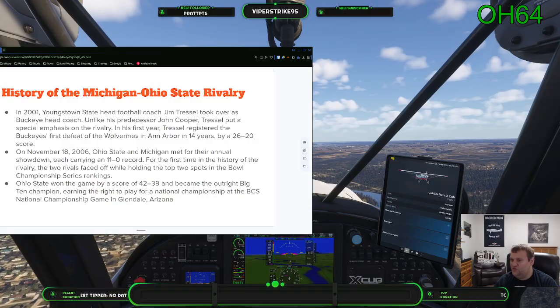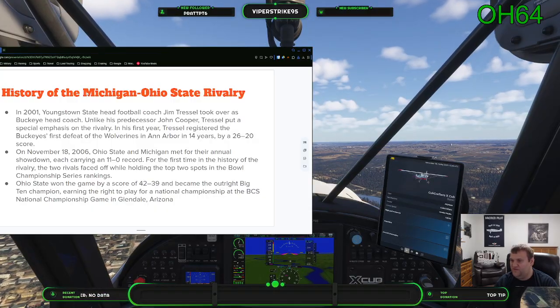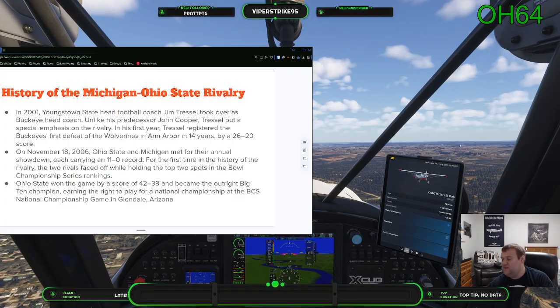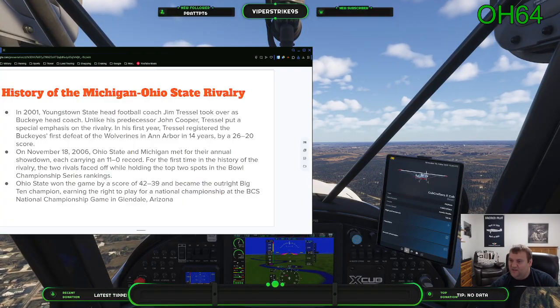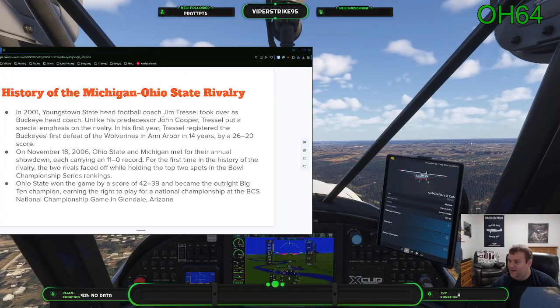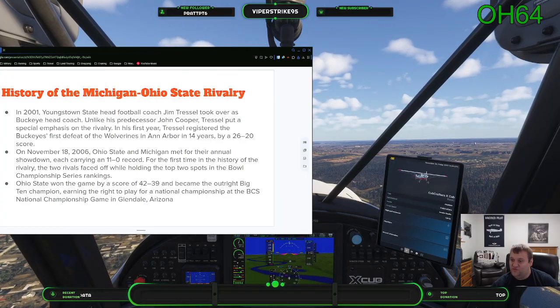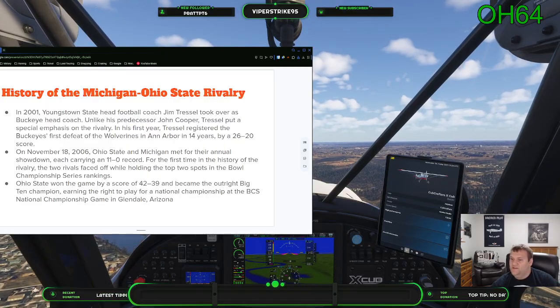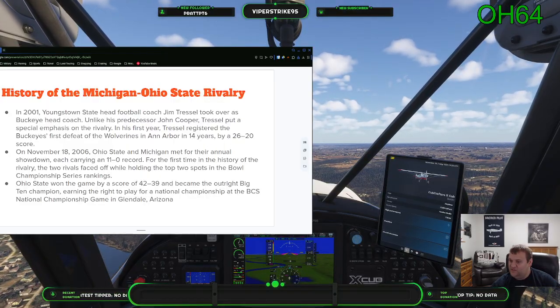And during his first year, Jim Tressel registered the first defeat of the Wolverines at Ann Arbor in the rivalry in 14 years, winning 26-20. And it turns out that Ohio State has been extremely strong during the Jim Tressel era. In 2006, of course,